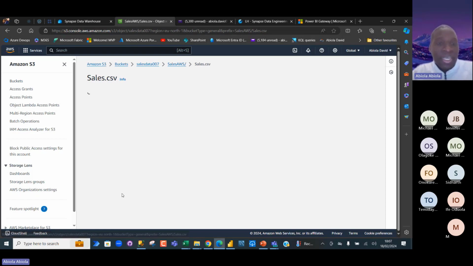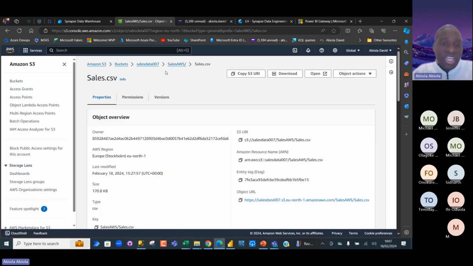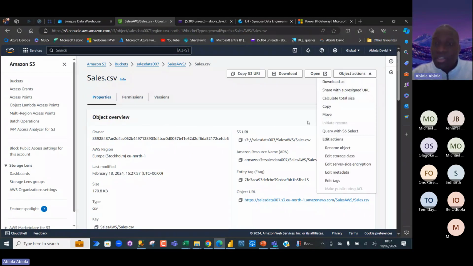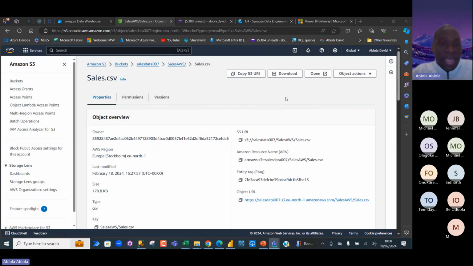Now, when I click on it, I can see the properties, and of course, I can even verify the permissions and the version. Now, this is a different thing entirely. We can even come to the object actions, and then we can query the data, just like a SQL query, to perform select statements, but that's not the focus of this part. Now, I can see the properties such as the object name and so on.